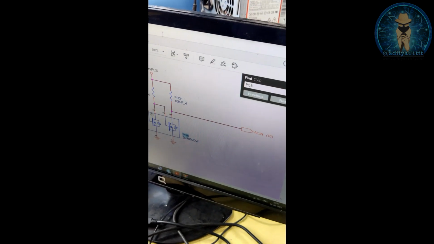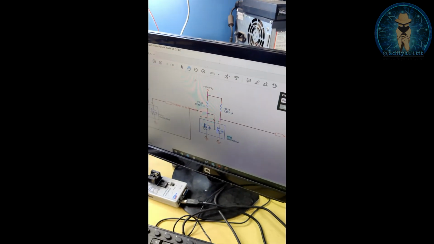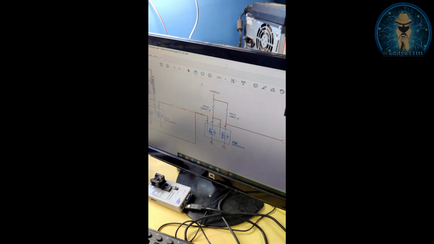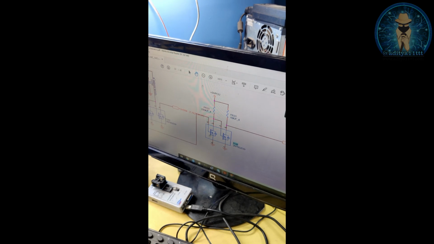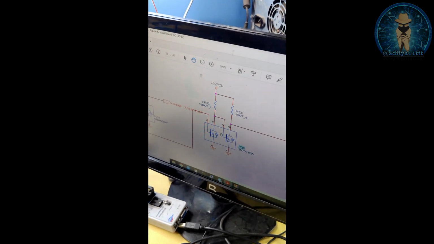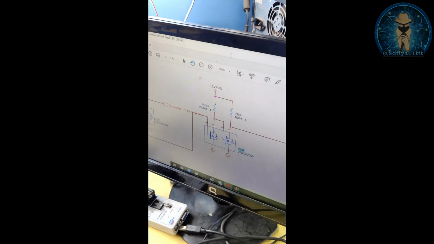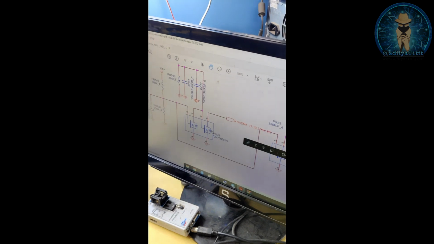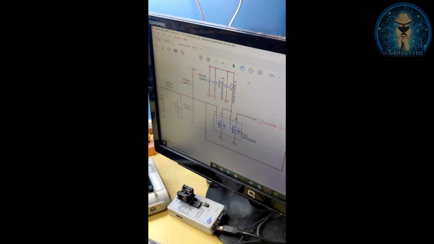So for this working condition we need high voltage here. On pin number 5 we need, maybe I will tell you later, above 3 volts. But what I am getting here is only 1.0 volt. So due to this, this MOSFET's pin number 3 doesn't go to ground. So I backtraced this line.